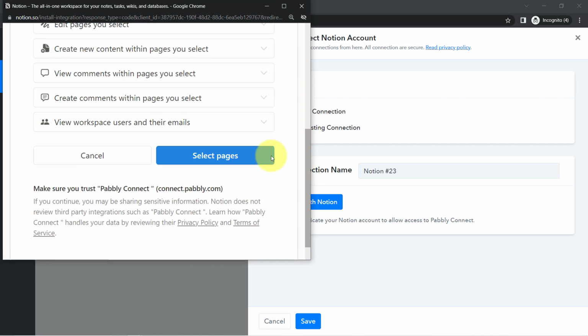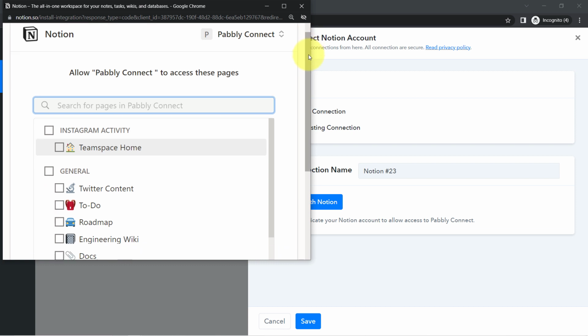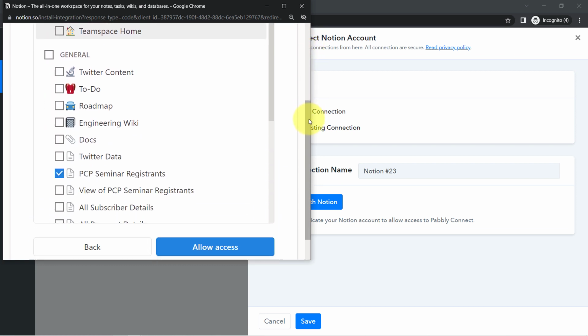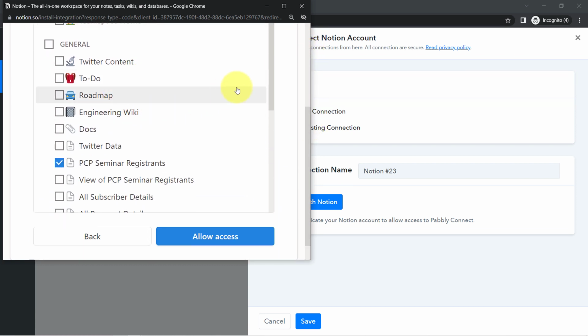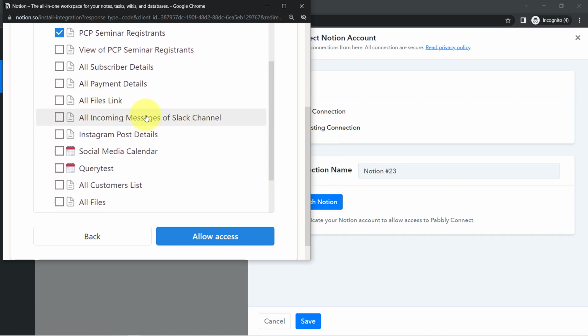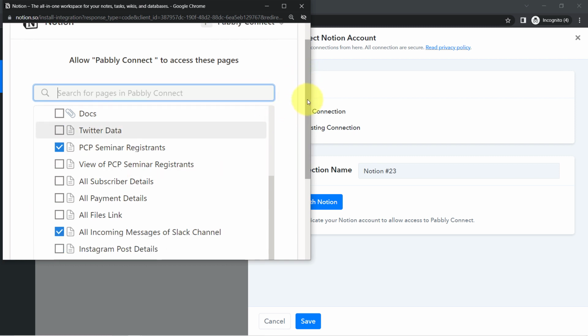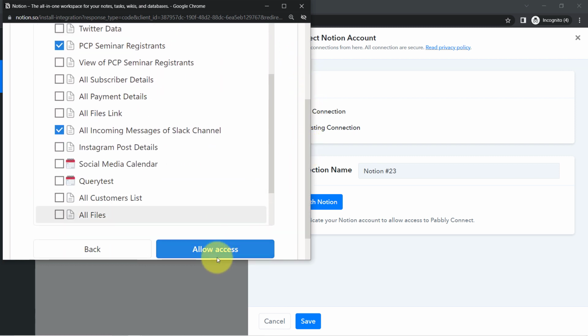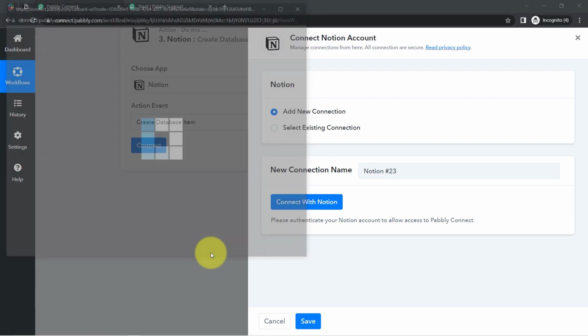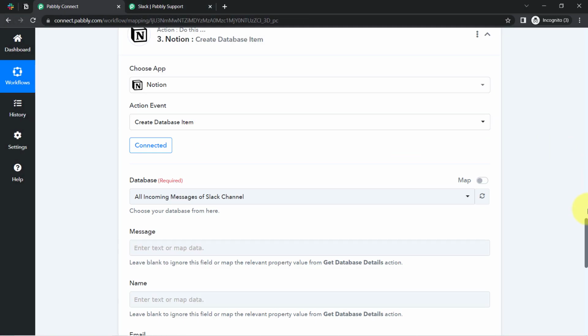Okay, so make sure that you provide the access of all the pages which you have created here into Notion. Okay, and make sure that here I have created the page with the name something like all incoming messages of Slack channel. So make sure the permission of this particular page should be given. Okay, it is really important. Click on allow access, and this is how again the authorization will be successful